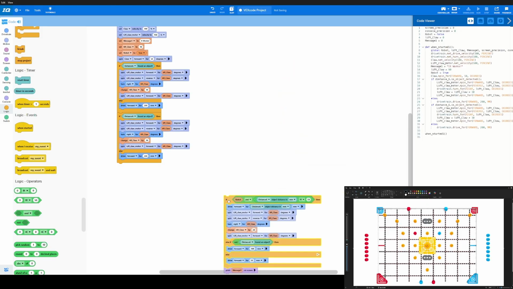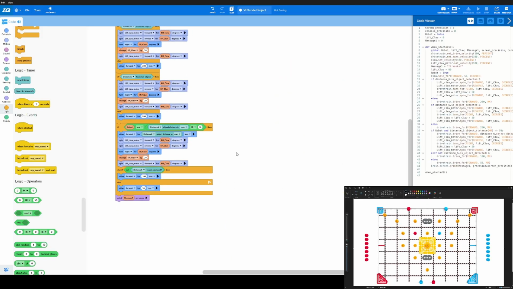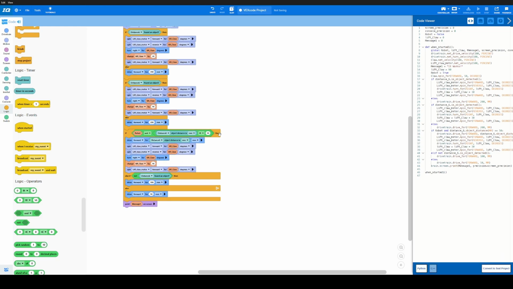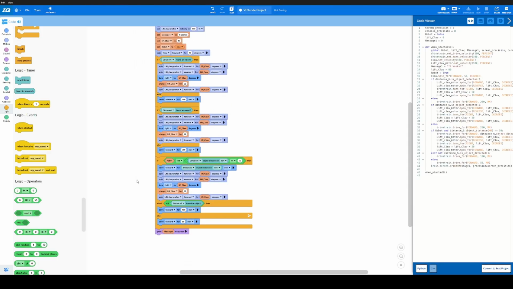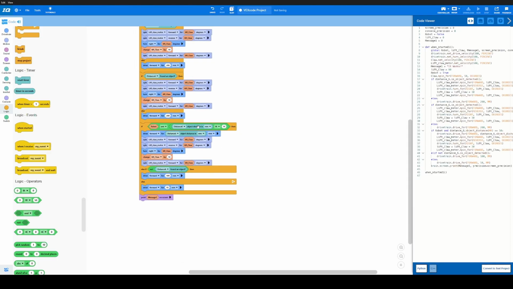200. And then for the final one, the reason I chose an if was because we saw on the field that this is like a distance of 500 all the way up to here, 560. You can kind of estimate that in 400 meters, you're not going to really see it. Sorry, with this final stretch, you can see if robot, which is set to true all the way up here, is set to true and if object distance is equal to 50, let's actually change it to 100. Then drive forward to the object in distance,